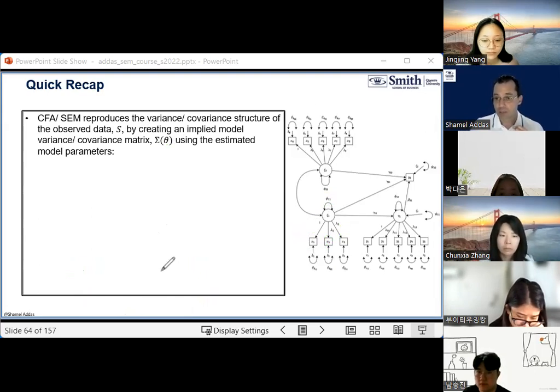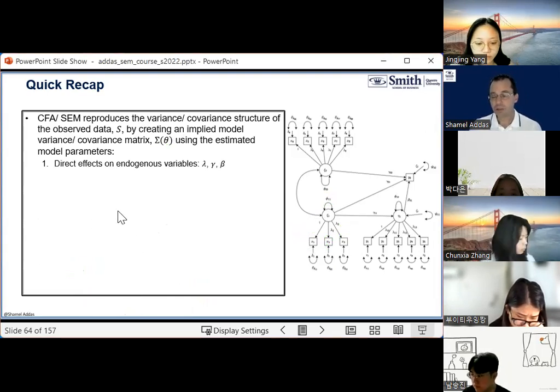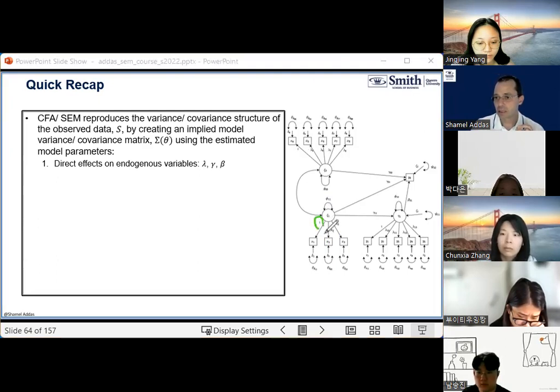Now, what are those parameters? Remember, it's two things. If you have an endogenous variable, you look at the paths coming to it, the direct effects. All right, so for endogenous variables, we look at the paths, the lambdas, lambda 1, lambda 2, lambda 3. We also look at the